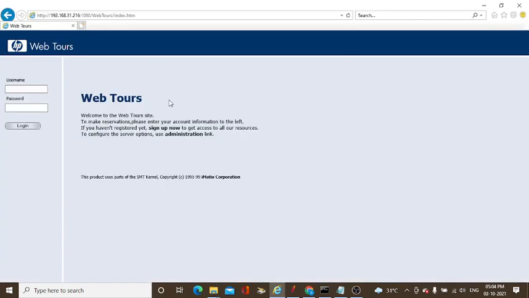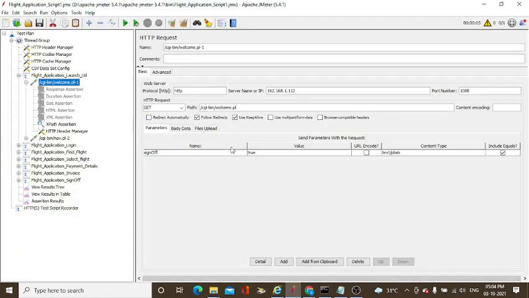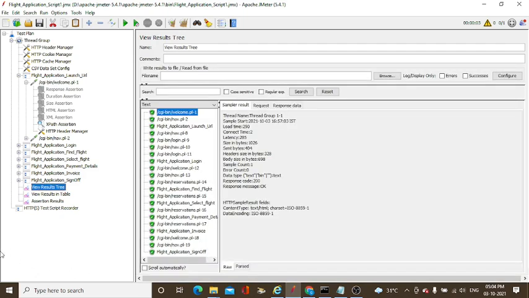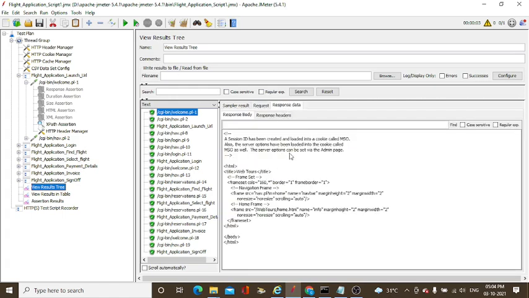Okay, this is the home page. Now I go to the request, which is the welcome page. This is only the home page. Okay, now you need to go to the view results tree. This is the welcome page. Okay, there is HTML available and a title available.